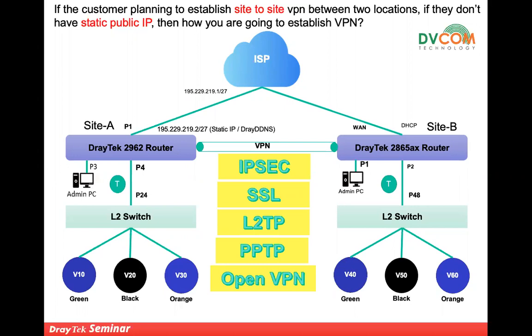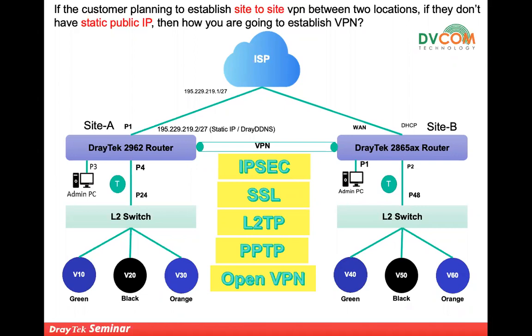And I just want to mention one more thing, guys. Some people may ask you, one side we have a Draytek router and the other side we have a Fortinet or SonicWall or WatchGuard or Juniper or any other firewall, if they want to establish a site-to-site VPN between Draytek and other vendors, it is absolutely going to support. Why? Because IPsec is an open standard, and by default IPsec comes with two phases, phase 1 and phase 2. Make sure that encryption, authentication, Diffie-Hellman, and the password, everything has to be matched on both sides. Then automatically the tunnel is going to come up. So you have nothing to worry about, guys.